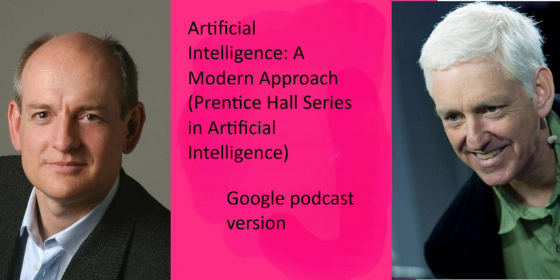So what determines whether an agent is rational at any given moment? The book lists 4 key factors. The first is the performance measure itself. The second is the agent's prior knowledge about the environment. The third is the actions that the agent can perform. And the fourth is the agent's percept sequence up to that point. This leads to a formal definition of a rational agent. A rational agent should choose whichever action maximizes its expected performance given the evidence provided by the percept sequence and whatever built-in knowledge the agent has.